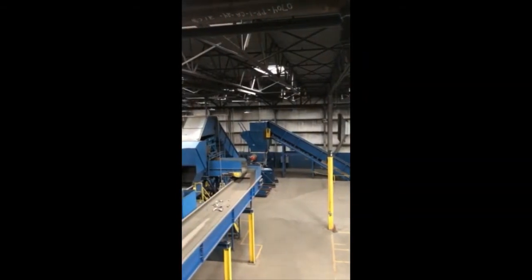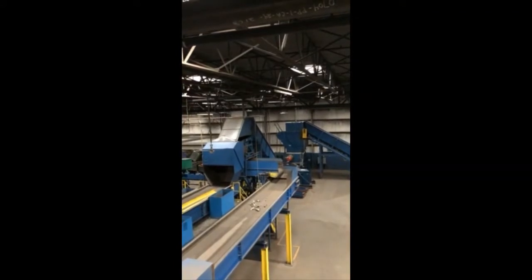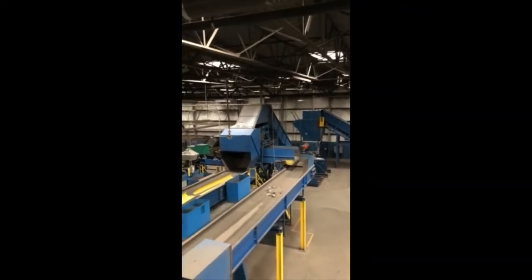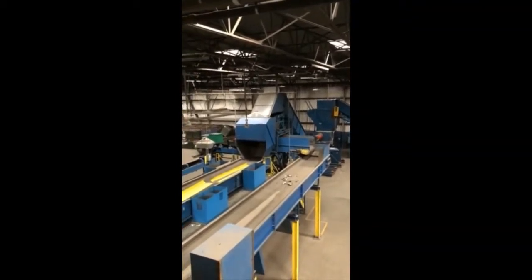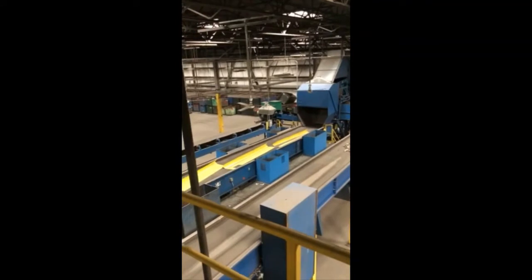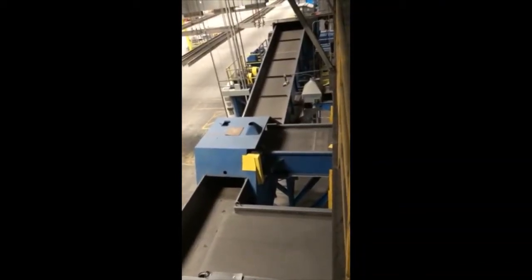After going through the SSI shredder, it went up, hit a drum magnet at the top of this picture, and the magnetics came down and went on the right-hand side, and the non-magnetics went straight ahead. This is a picking platform or sorting platform where materials could be removed and dropped down below into bins. At the end of the picking platform, the magnetics and non-magnetics